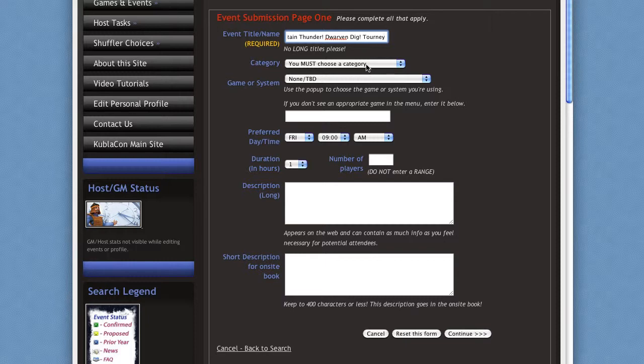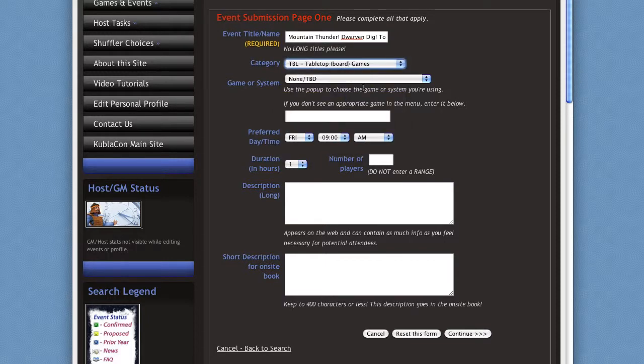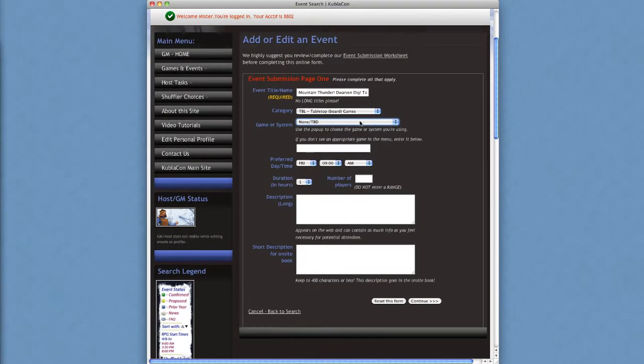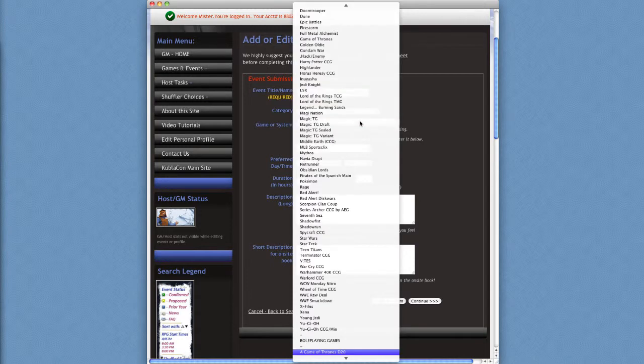Now choose a category most appropriate to your event, whether it's collectible card games, tabletop games, or role-playing games. Then choose a game system from the drop-down menu. The game system is the name that the publishers have given to the game. When using the drop-down menu, you'll find there are over 100 games in the list. To make it easier to find the game that you're running, type in the first couple of letters of the